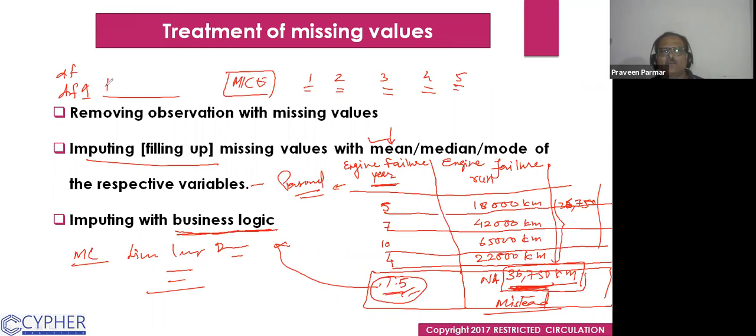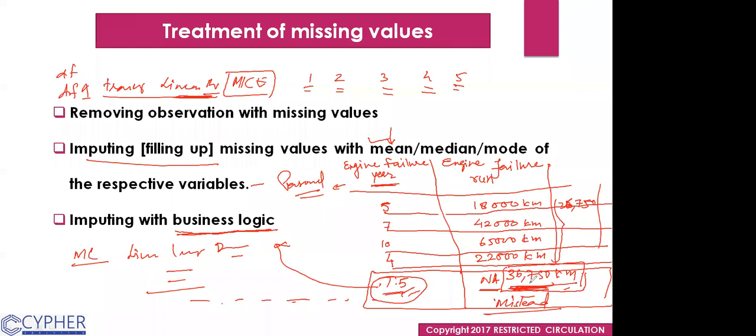Then I train a model, if this is a numeric output I want. So I train the model with the linear regression algorithm, and I train and optimize this model. After that, I put in the input values of all the variables, because I don't have this one. I want this. This is my target variable. I put in all variables and I get the value for this. Does that make sense to everyone? Is it clear to all?